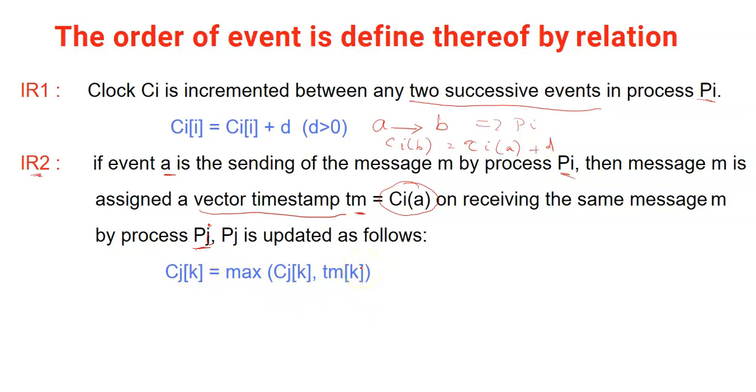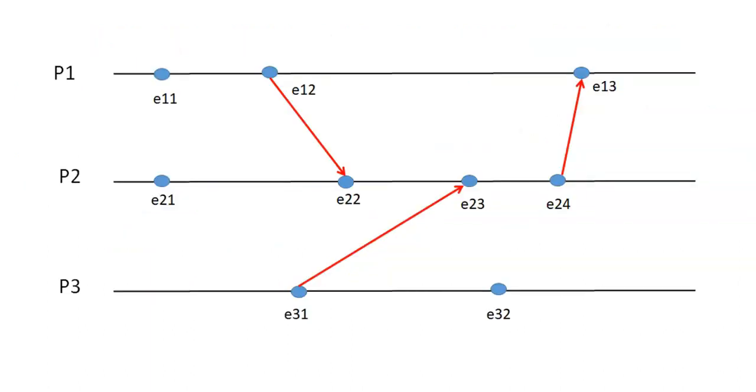Okay, let's understand the implementation in detail with an example. This is the example where the space-time diagram is given. On the x-axis, as usual, there is time, and on the y-axis, space. Here, there are three processes: P1, P2, and P3. P1 has its own three events: E11, E12, and E13. P2 similarly has four events: E21 till E24. And P3 has only two events: E31 and E32.